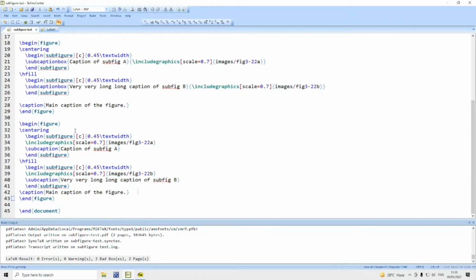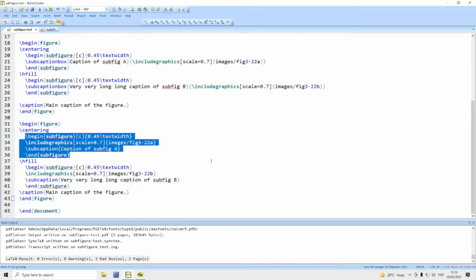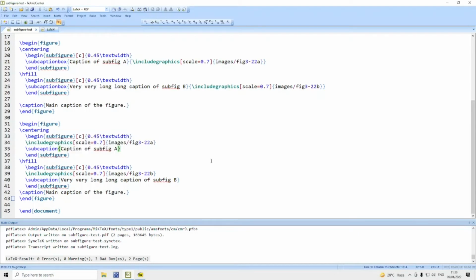Now let us consider the other set of coding given by the subcaption package. That is, you have the figure environment, begin figure, end figure, and then as before you have two subfigure environments, one each for the subfigure, but the difference is here.